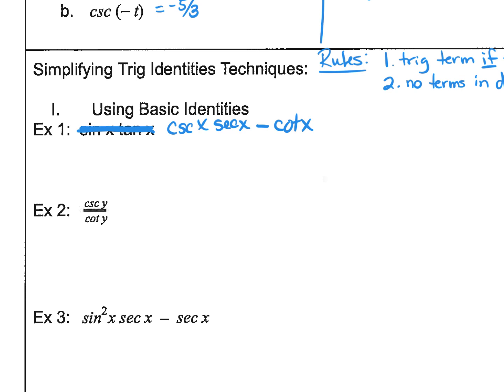What we would do is change this and say this is 1. This becomes 1 over sine. Secant is what? 1 over cosine. Minus cotangent. Yeah, but that's not in terms of sine and cosine. Cosine over